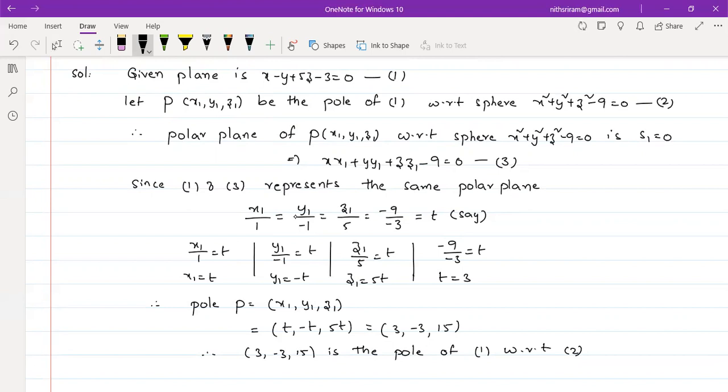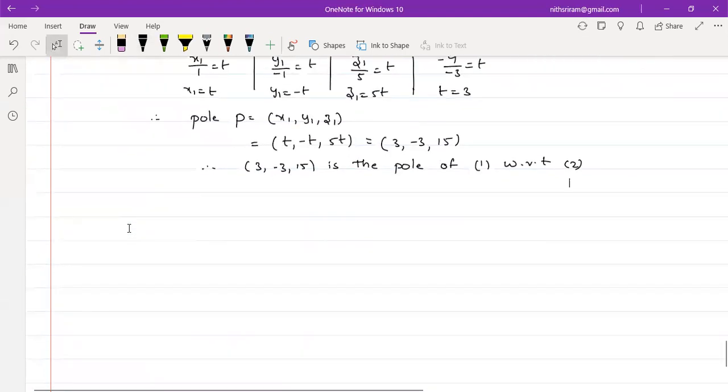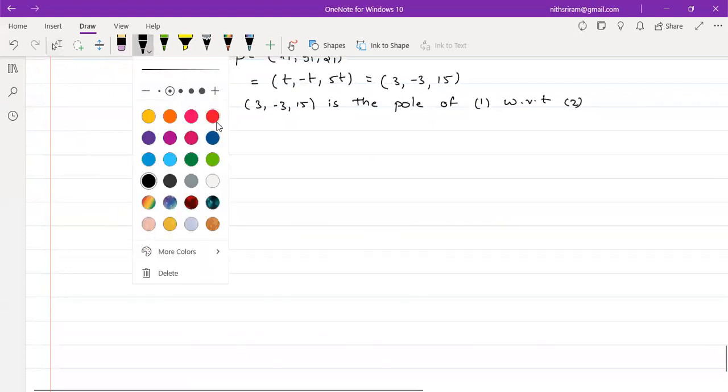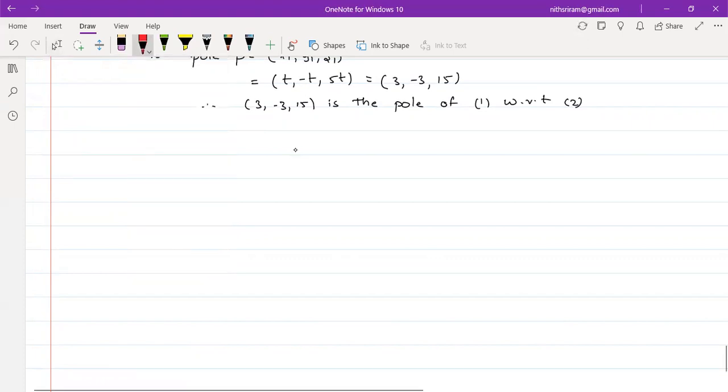Once again, I'm going to explain one more problem. So write down the next problem. Here also we have to find the pole of the plane. So one more problem: find the pole of the plane